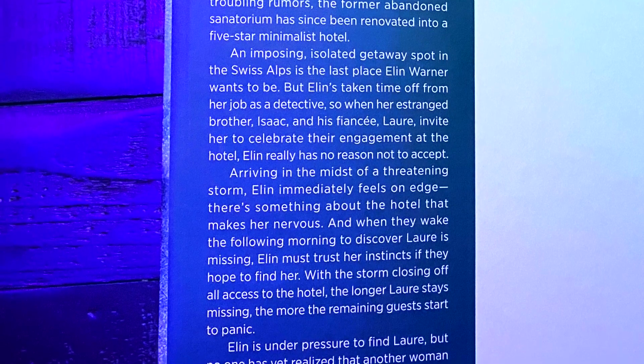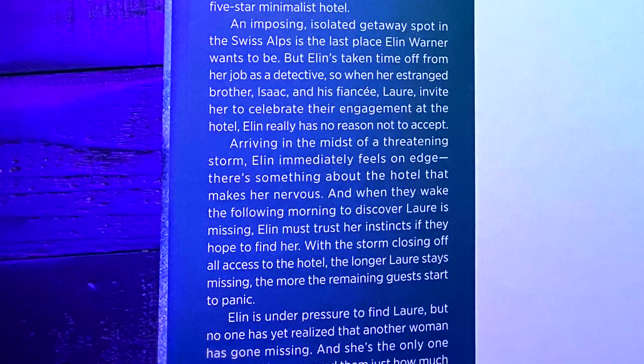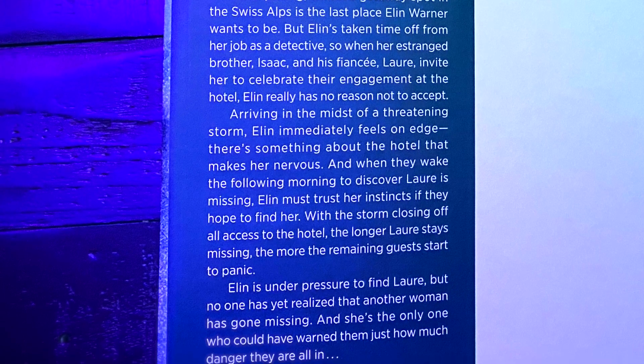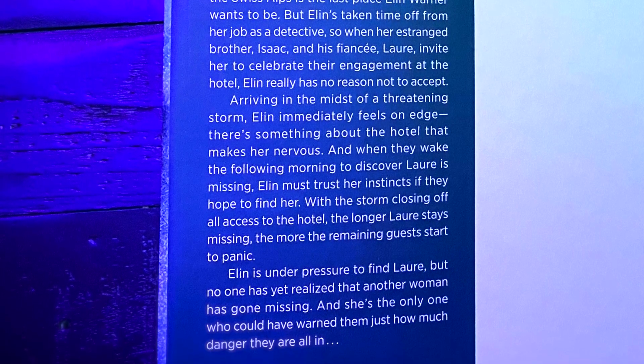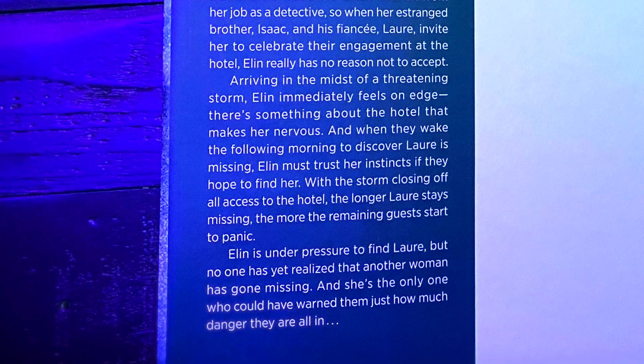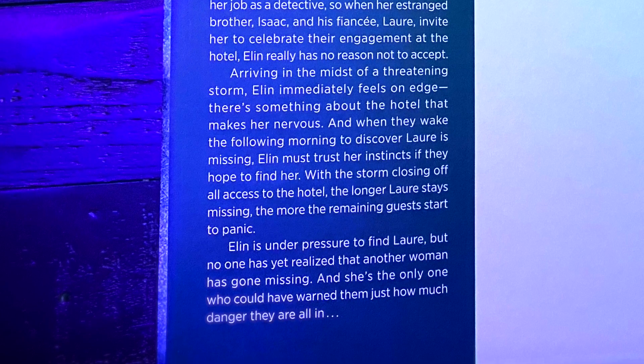Arriving in the midst of a threatening storm, Ellen immediately feels on edge. There's something about the hotel that makes her nervous, and when they wake the following morning to discover Lori is missing, Ellen must trust her instincts if they hope to find her. With the storm closing off all access to the hotel, the longer Lori stays missing, the more the remaining guests